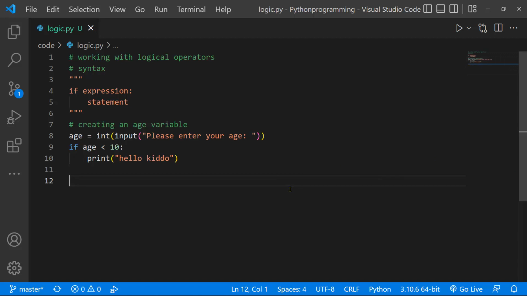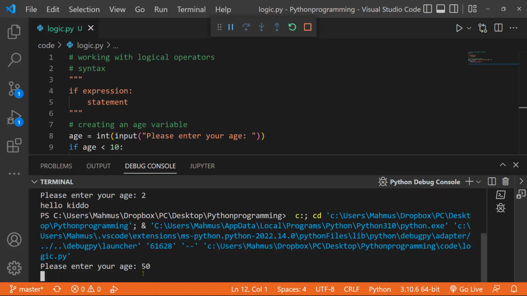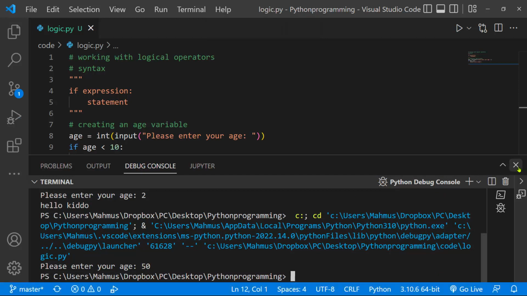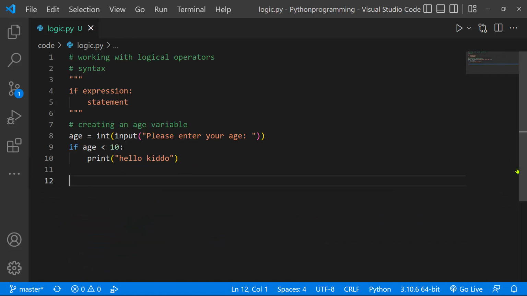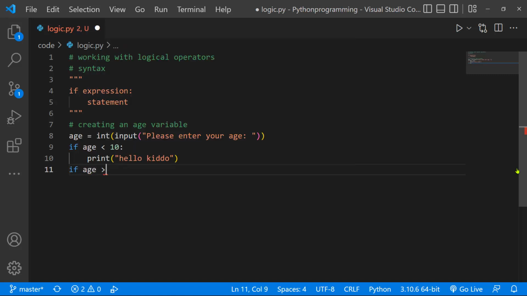Let's save that and run it again. For please enter your age, let's say I type 50. We're not going to get anything because we haven't specified the condition for when the input is greater than 10. So right here, we can do another if statement. Let's say if age is greater than 10,